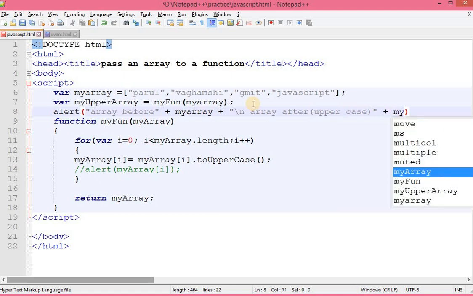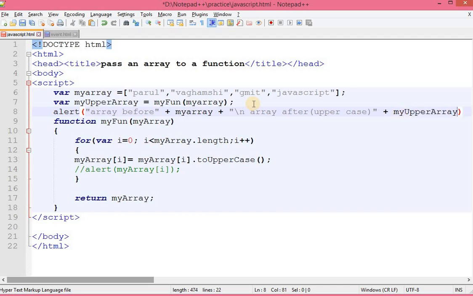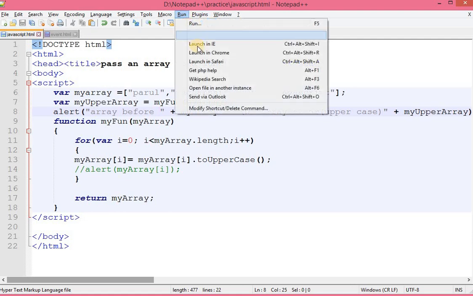So what is my upper array? Let me run this program.